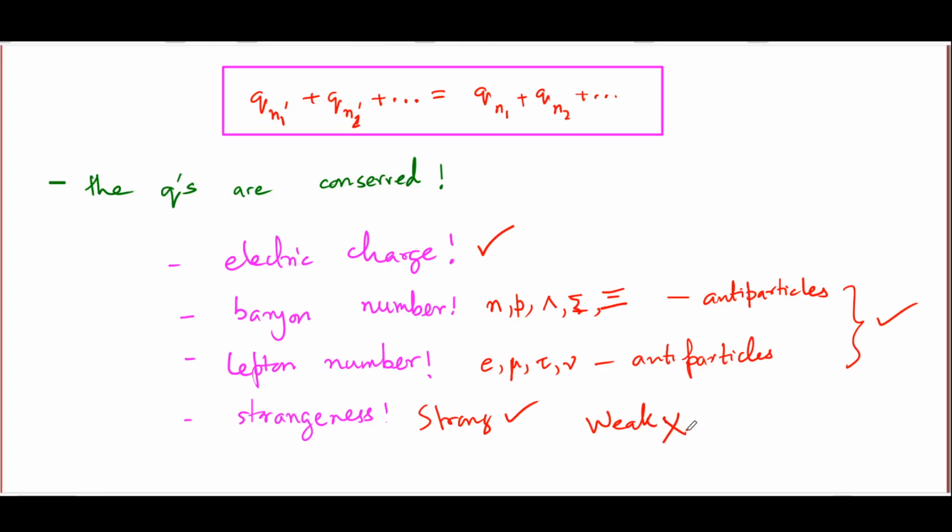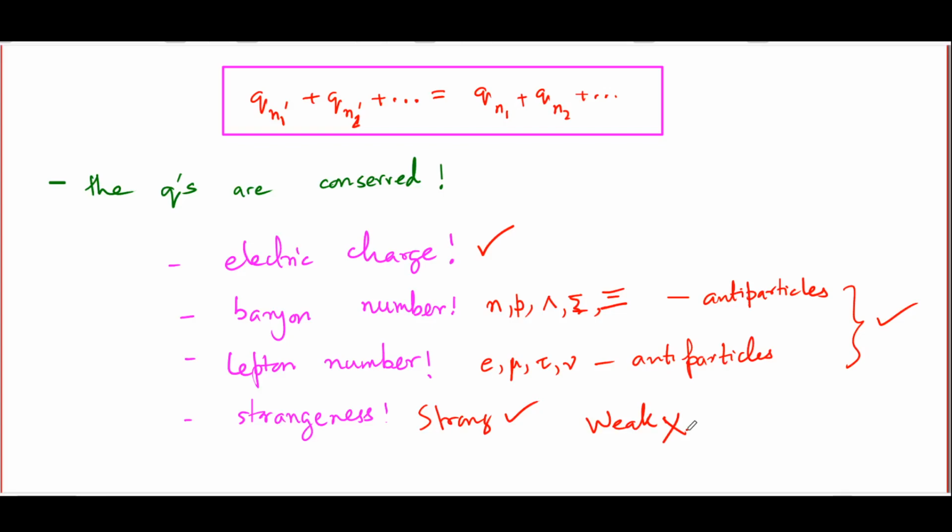Indeed, the whole idea behind strangeness conservation came about because people observed that there were certain particles, the lambda 0 in particular, which actually was created very, very rapidly, indicating that it's being created by a strong interaction, but which decays only very, very slowly, indicating that it cannot decay via a strong interaction, decays only via a weak interaction. So this could be only explained by assuming that there is a conserved quantity called strangeness, which